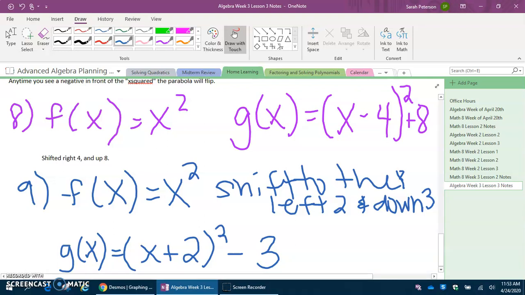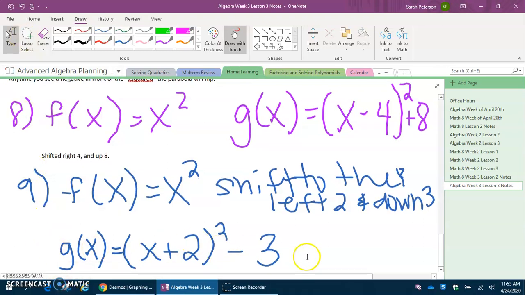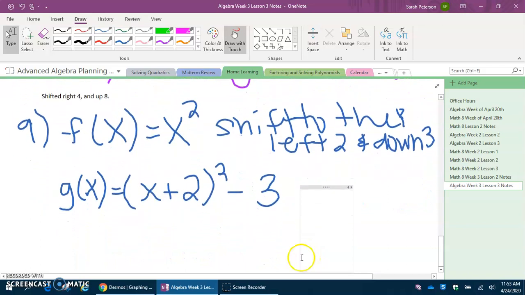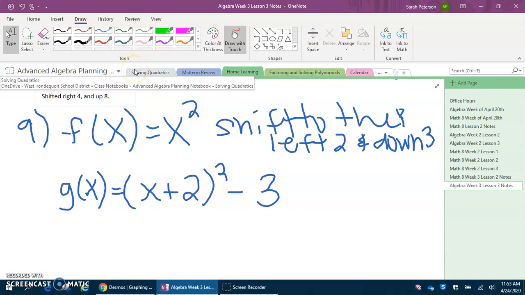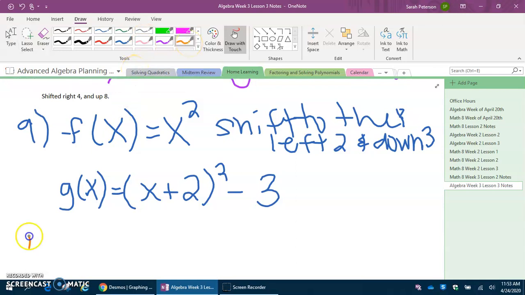So either way, you might have to do this. I'm going to go over one more example with you guys. That's a harder example. And then you should be able to be good on your practice. So number 10 we'll do. I'm going to say